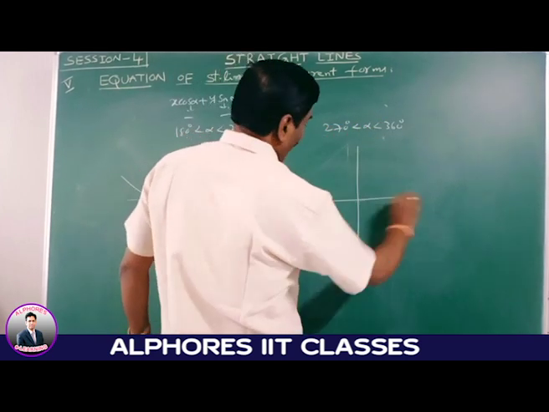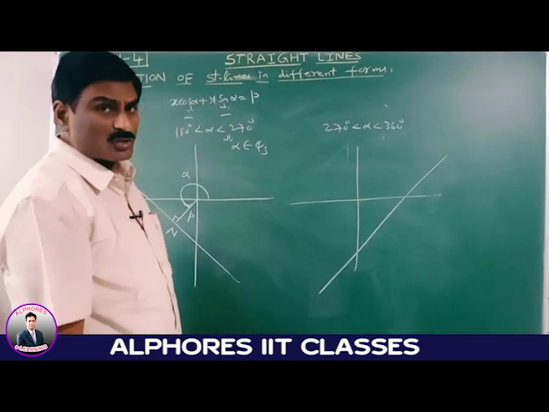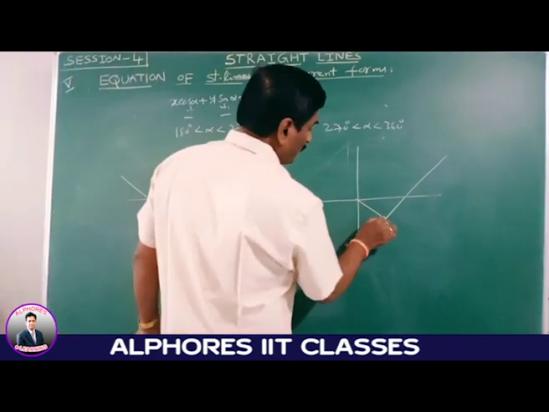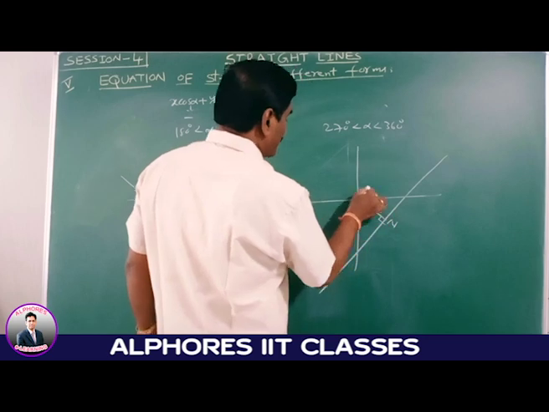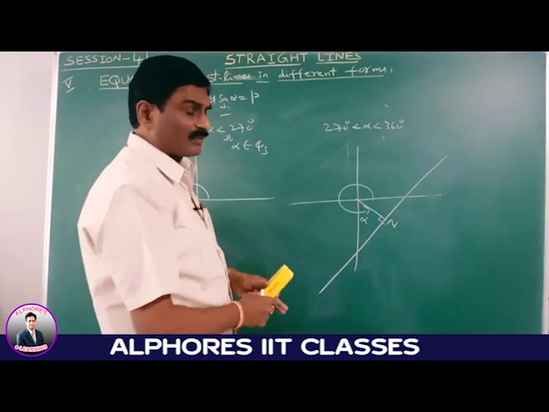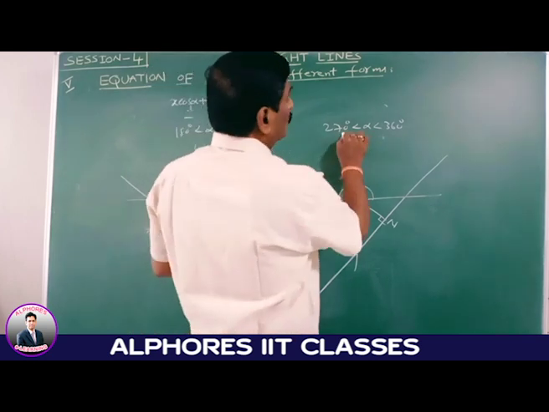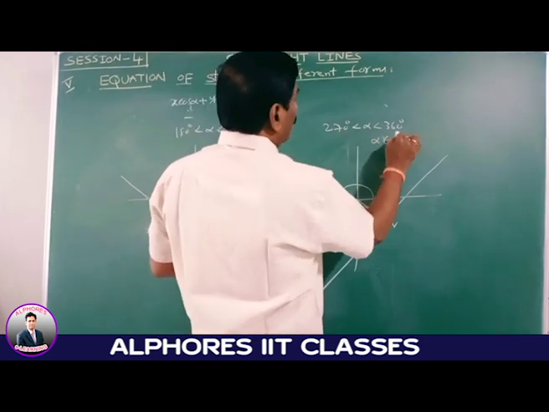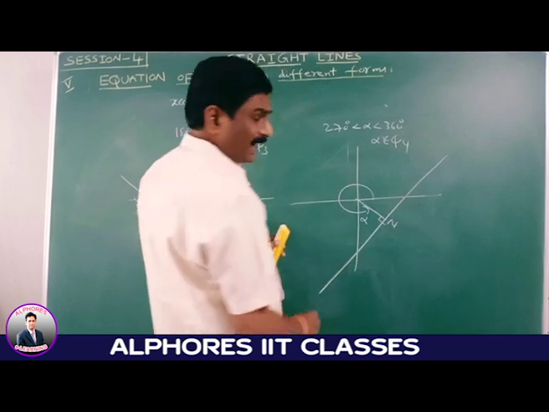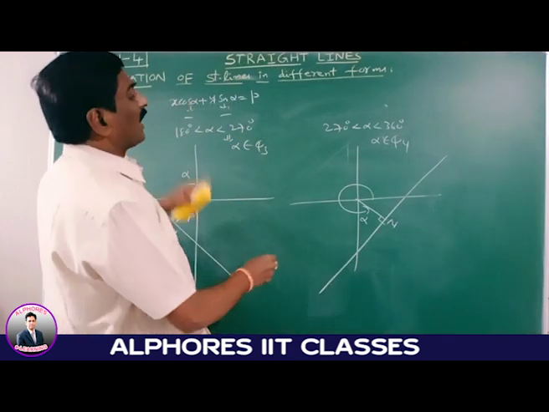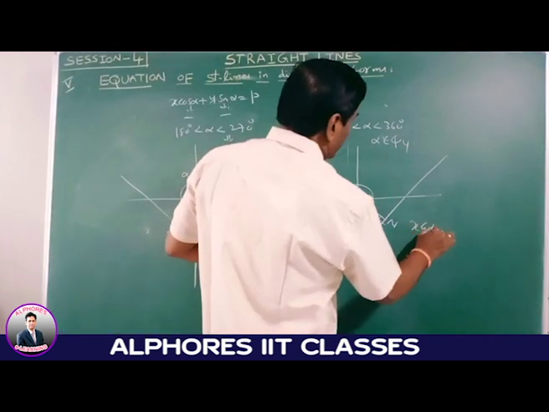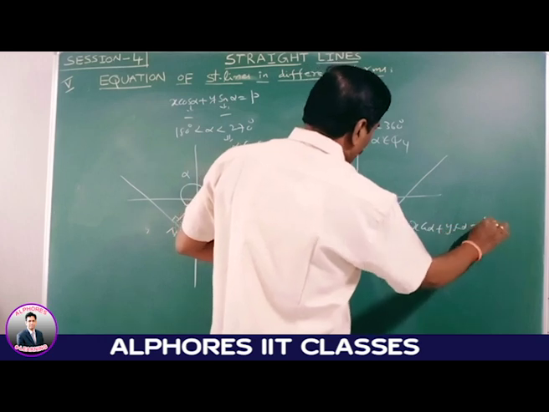Then the line lies in which quadrant? Fourth quadrant. Please observe this value. It is the n. Okay. This angle is alpha. Here the range of alpha is 270 to 360. If this value lies in 270 to 360, alpha value lies in fourth quadrant. In this case, what is the cos alpha value? x cos alpha plus y sin alpha is equal to p is the line equation.